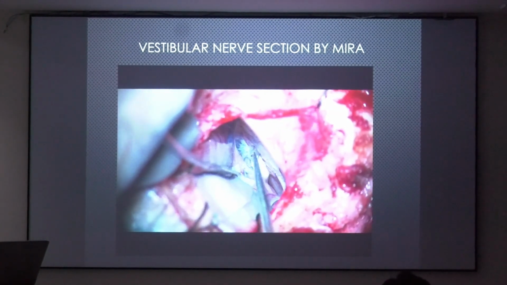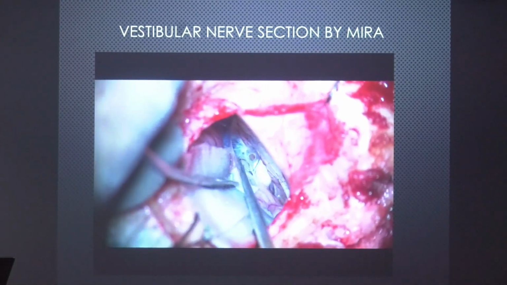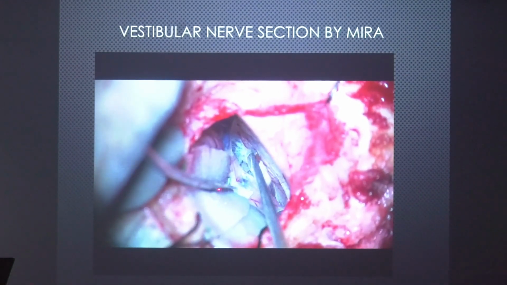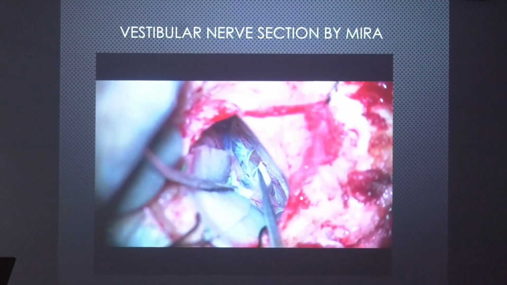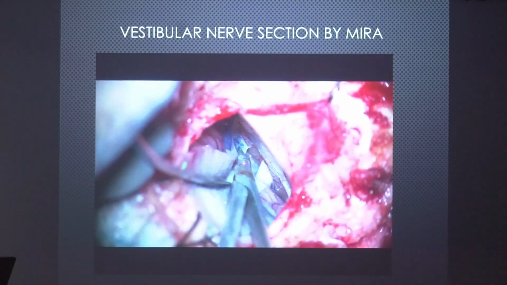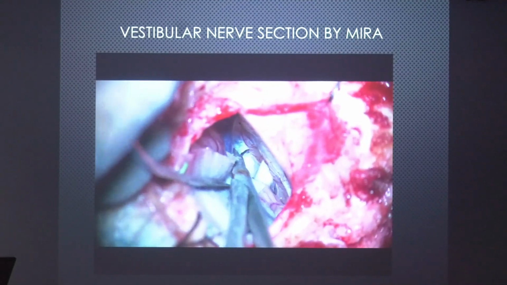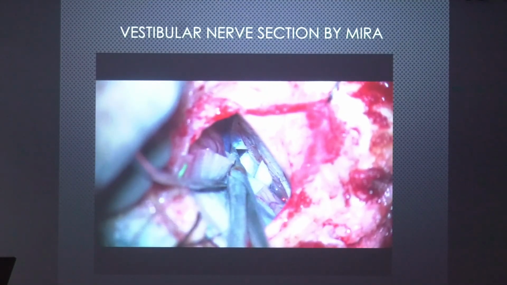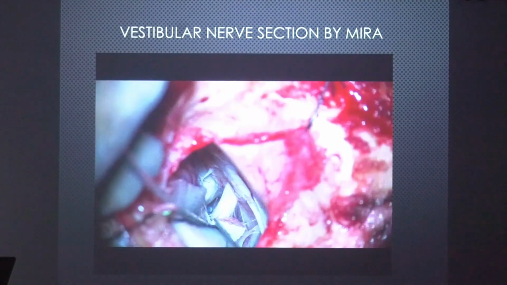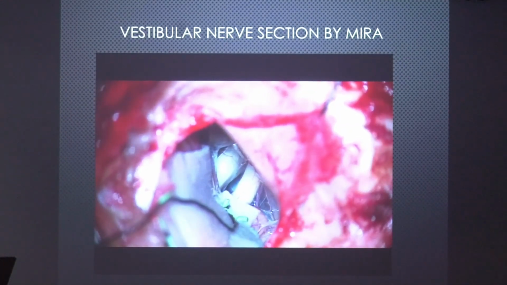This is less edited, but I cannot go fast, so we have to see this. We are dissecting the arachnoid with a sharp needle and scissors. The nerve we are seeing behind is the trigeminal nerve. This is the dentist vein, and these are the lower cranial nerves. The nerve is entering the internal auditory canal. So once you have dissected all the arachnoid,